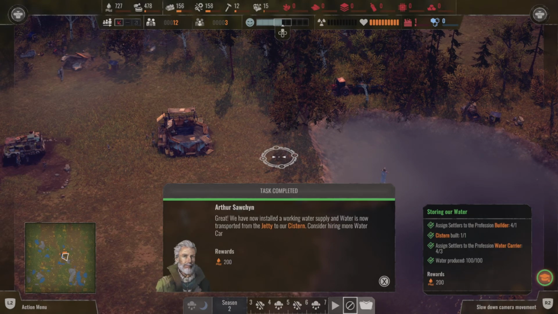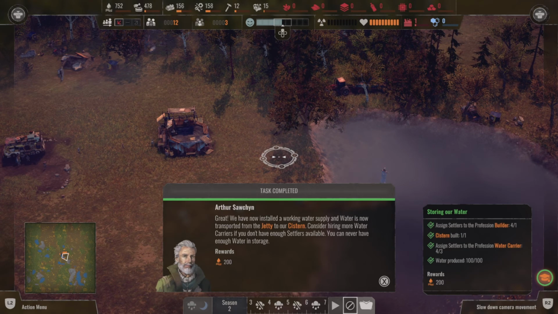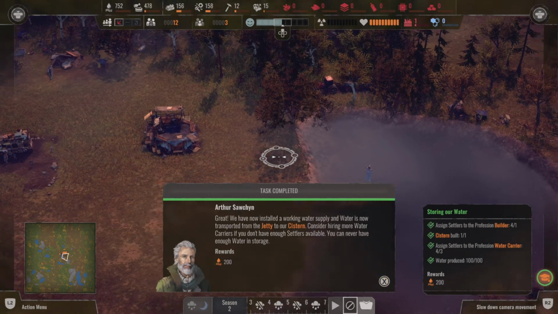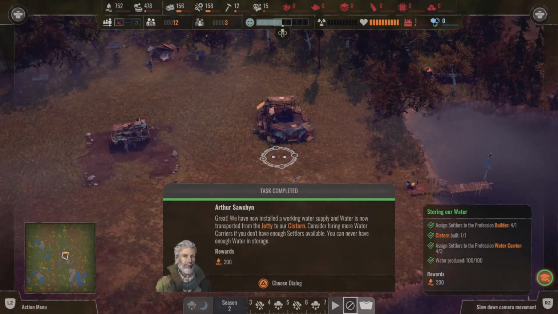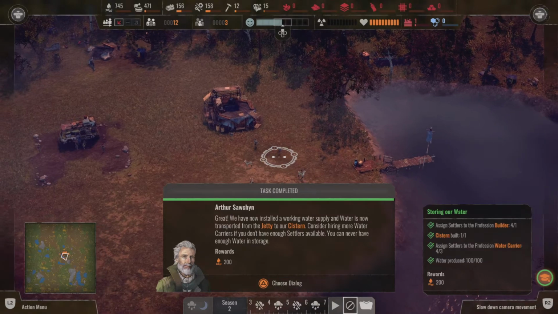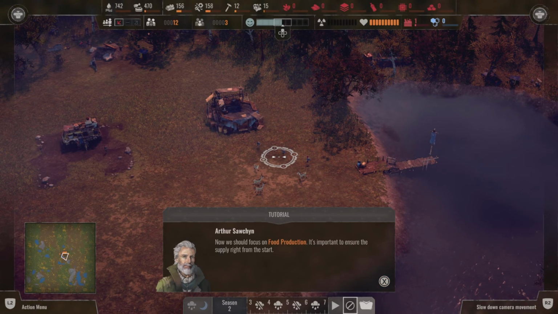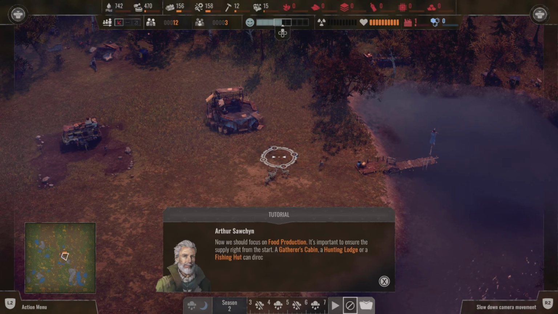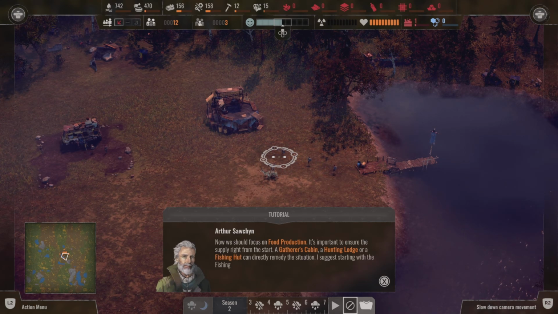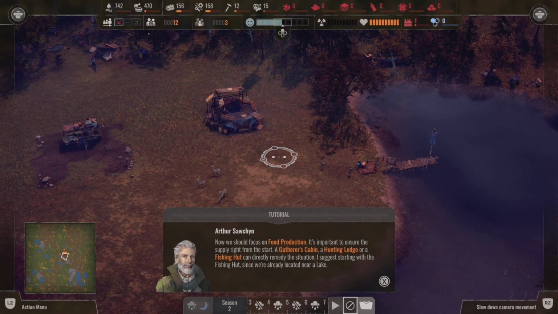Water supply, and water is now transported from the jetty to our cistern. Consider hiring more water carriers if you don't have enough settlers available. You can never have enough water in storage. Now we should focus on food production. It's important to ensure the supply right from the start. A gatherer's cabin, a hunting lodge, or a fishing hut can directly remedy the situation. I suggest starting with a